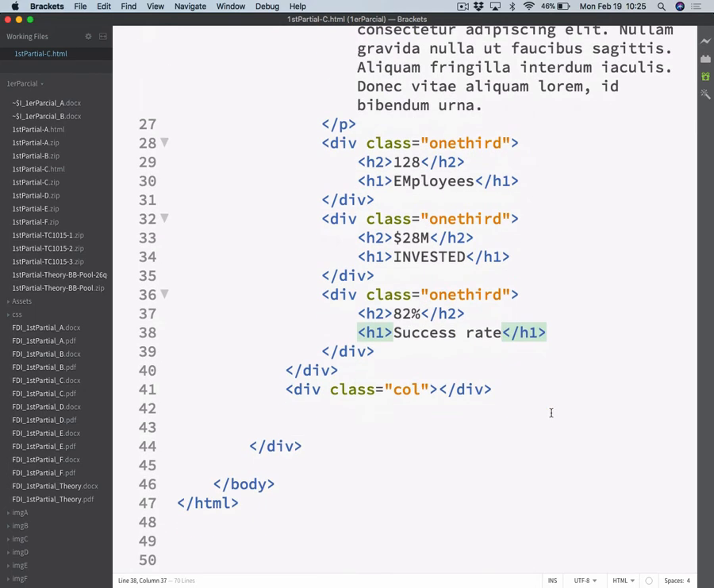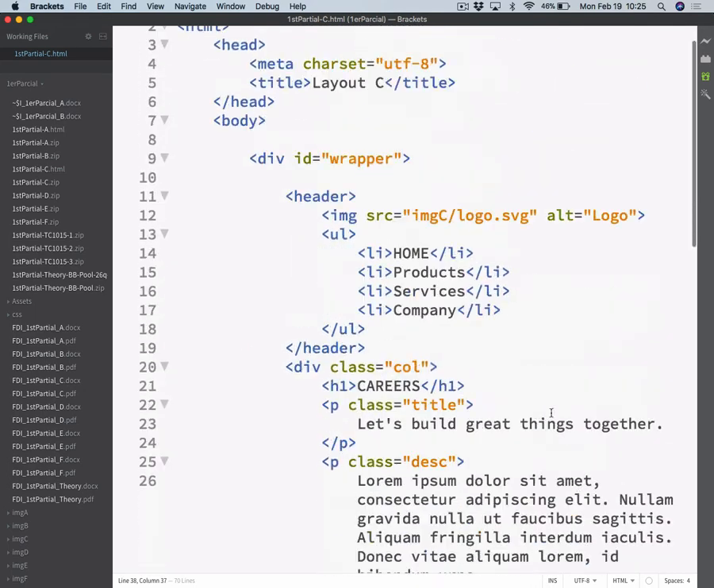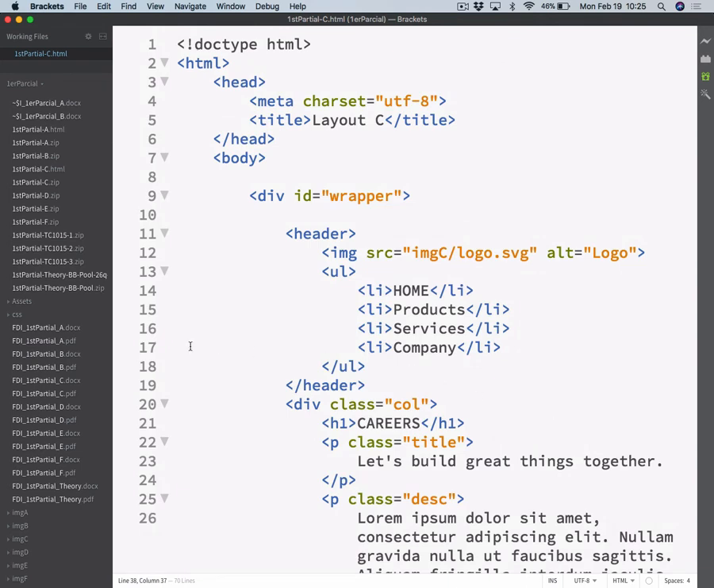So that's my whole HTML, I think so. I don't need anything else. I will make my styles external. So I already have a folder there called CSS. I'm going to create a new file called